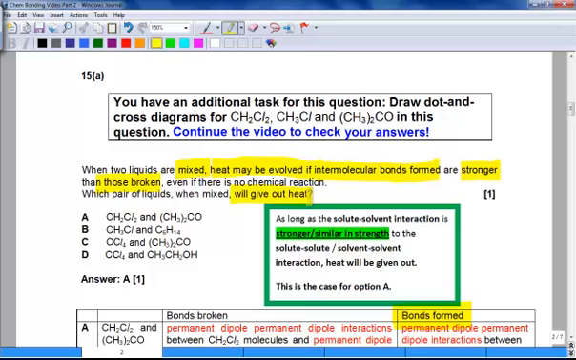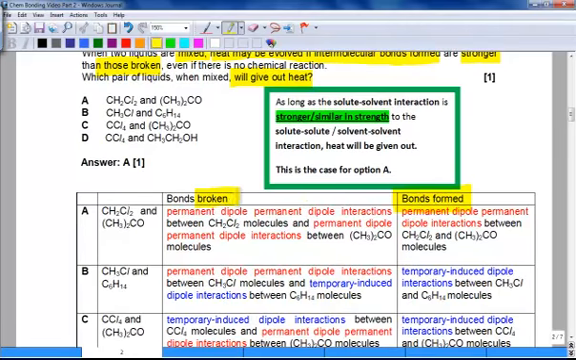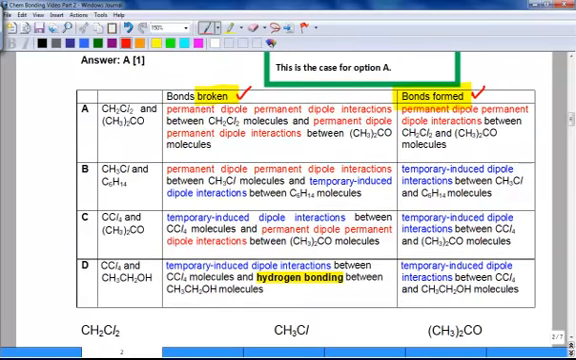Of course, our first step would be to determine what are the bonds broken and what are the bonds formed, and we went through in class the thinking processes for determining these. If you take a quick look at the table, you would notice that for option A, the bonds formed is PD-PD, which is similar in strength to the bonds broken, which are all PD-PD. For option B, you notice TID is formed, and it is not stronger than the PD-PD that was broken